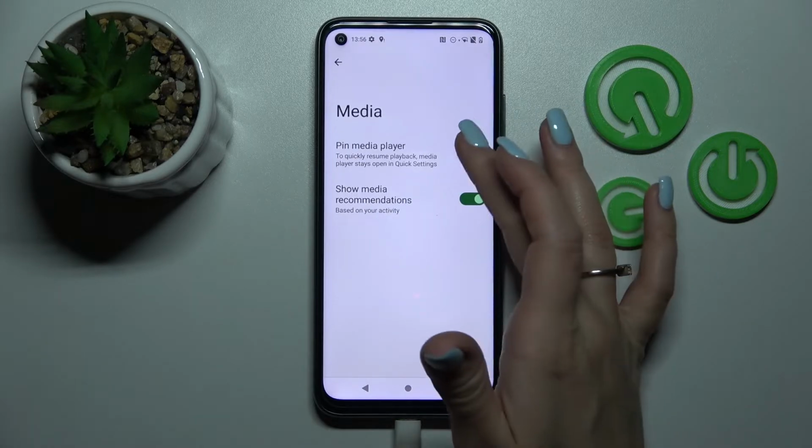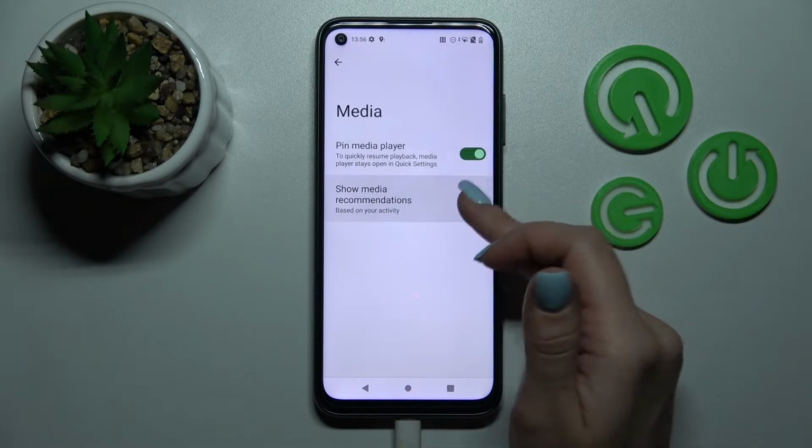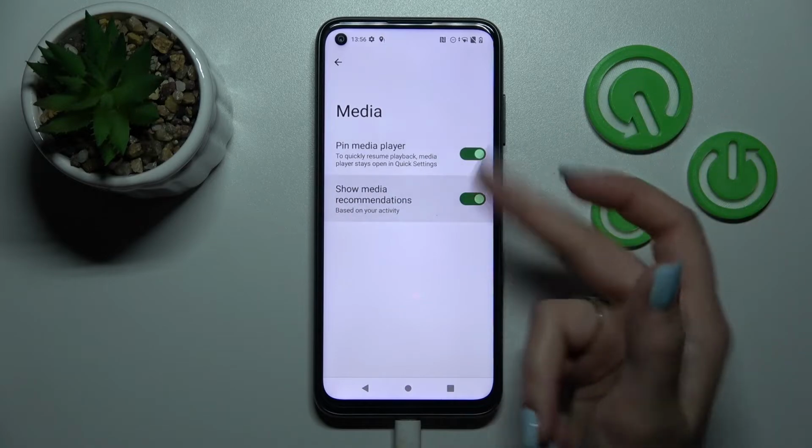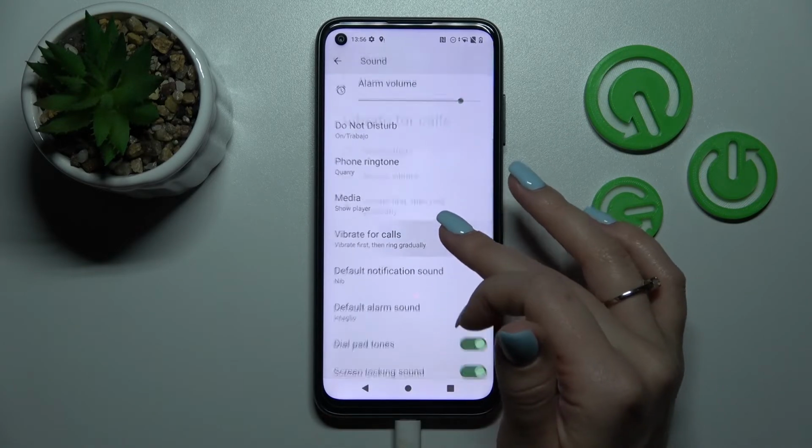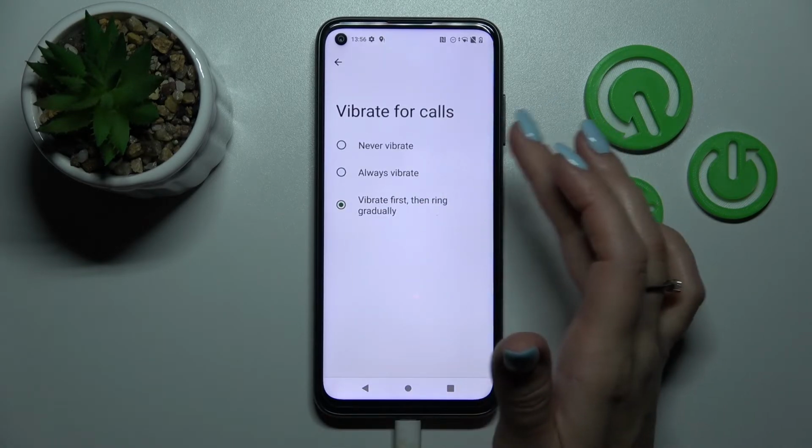We can also pin the media player and show media recommendations by using these switchers. Also here we can switch vibration for call settings,